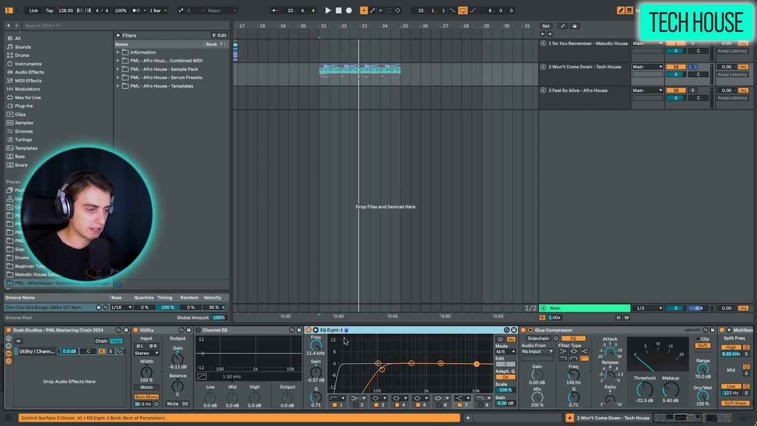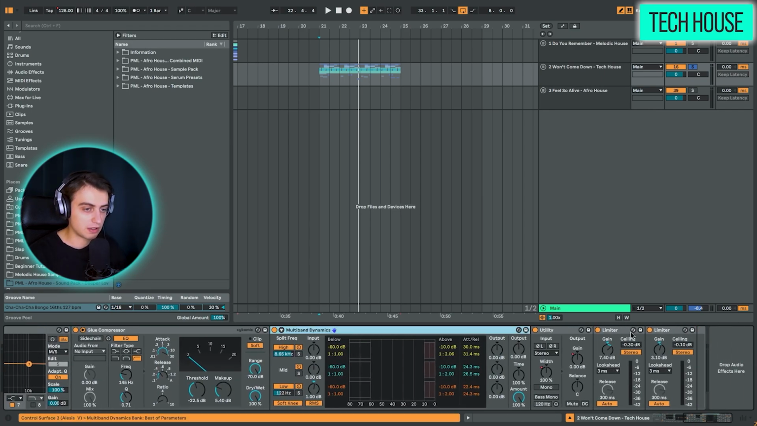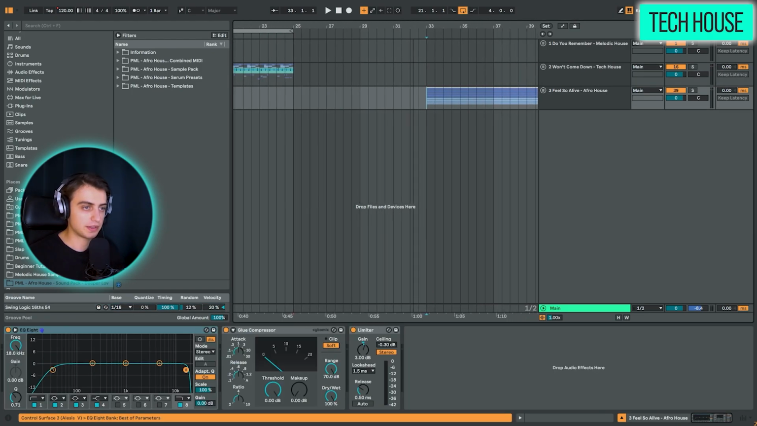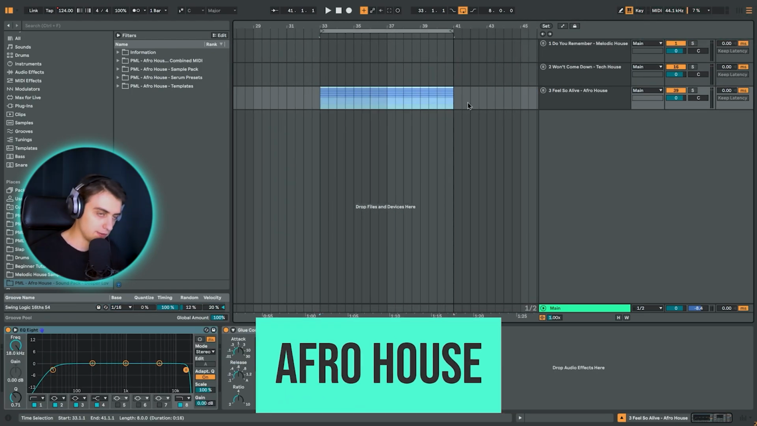chain. Basically, we're doing some mid-side processing, cutting the sub from the sides. We're doing some glue compression, multi-band compression, and limiting towards the end. Pretty standard processing, actually. Okay, so the third example is going to be a track called Feel So Alive, and